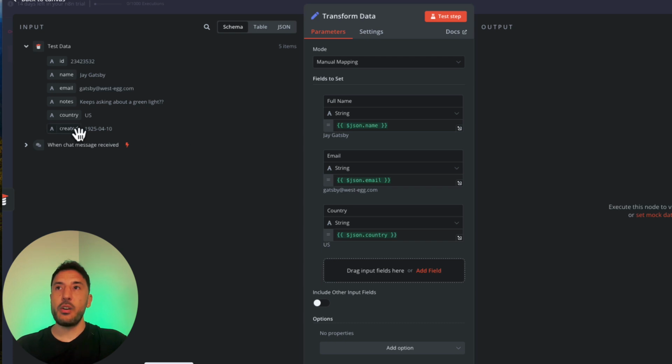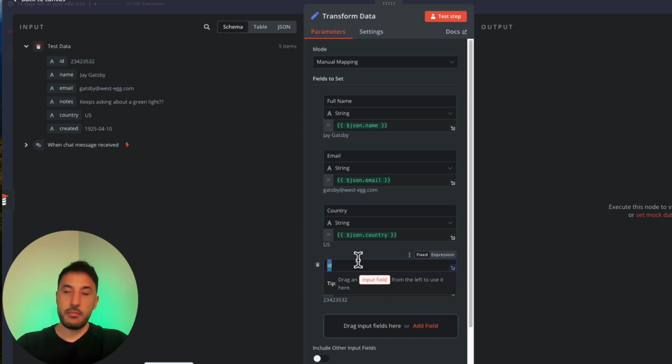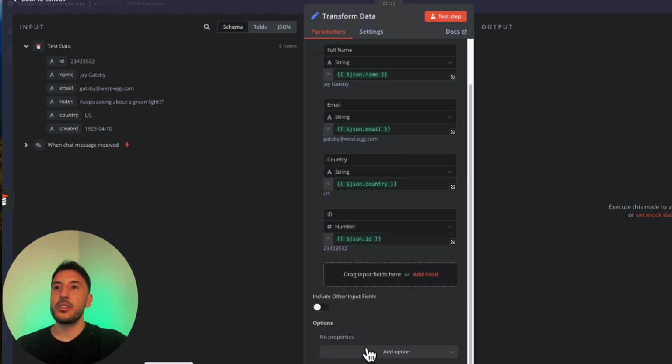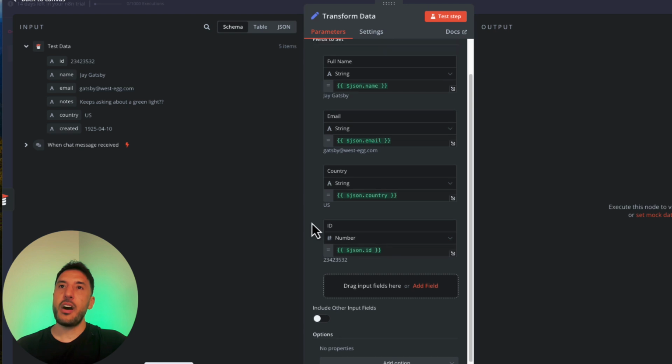And let's go ahead and also maybe add this created, so that way you can see, actually, you know what, let's grab the ID, so that way you can see that this is a number. So this time ID, and I'm going to change this to number. Okay, and on the bottom, like I said, you can see the result here. Okay, cool. So options, I don't have to worry about options for now, because it's going to be a very, very simple transformation. So now, as you can see on the left hand side, we have these 5 pieces,